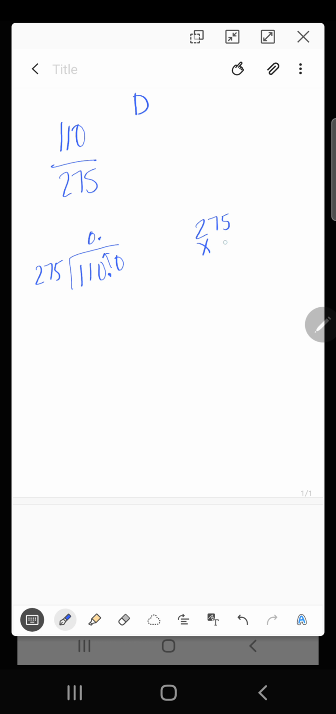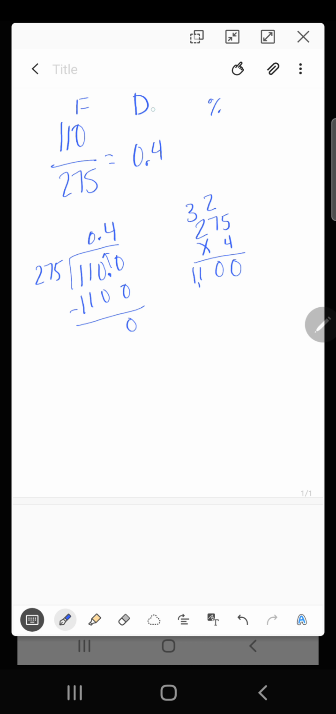I'm going to guess. I know 4 times 2 is 8, so I'm going to go with 4 first. 4 times 5 is 20. 4 times 7 is 28, plus 2 is 30. 4 times 2 is 8. 9, 10, 11. Right on the dot, so it can go into it 4 times. Okay, so as a decimal, you would get 4/10,